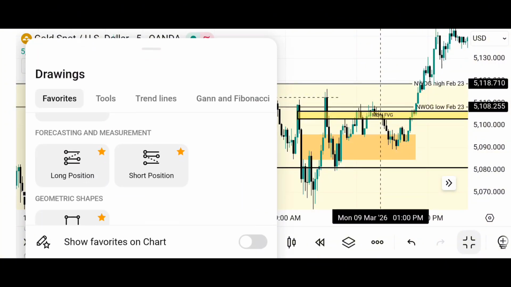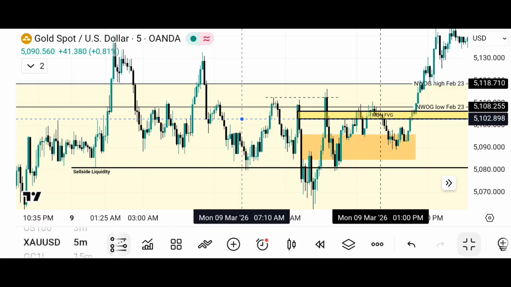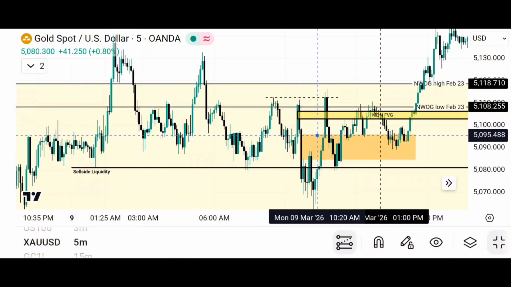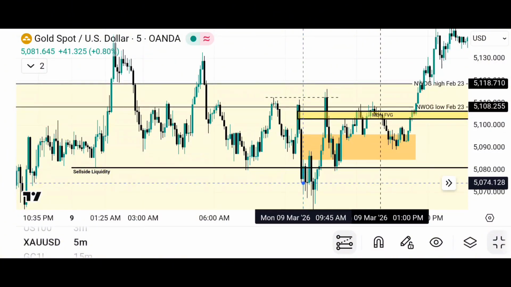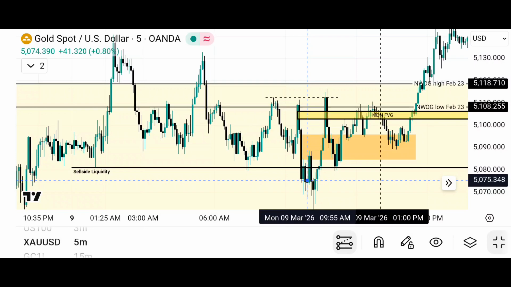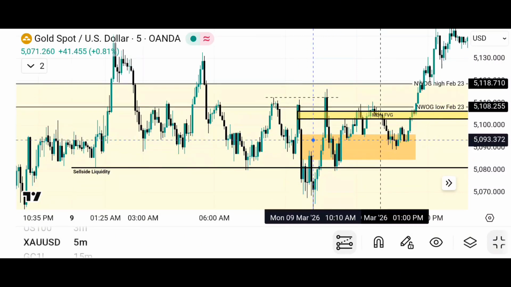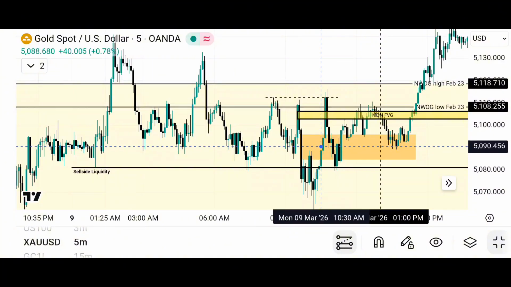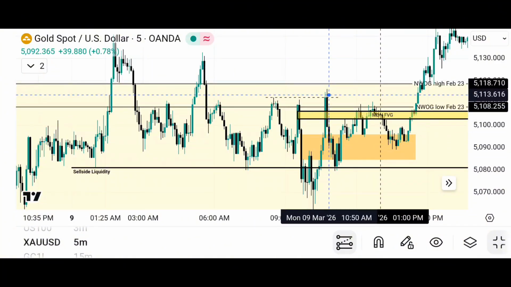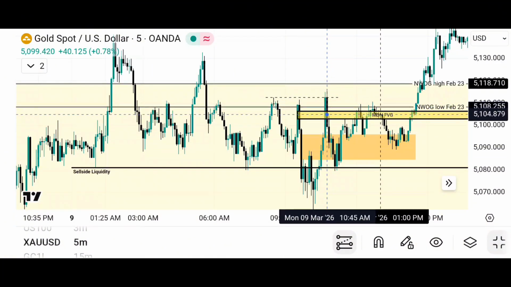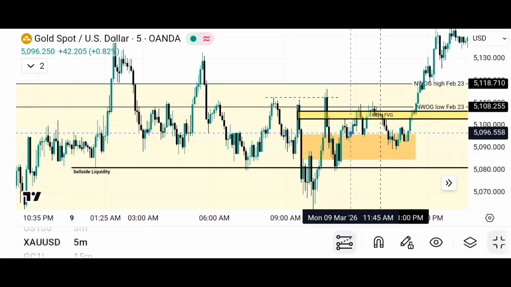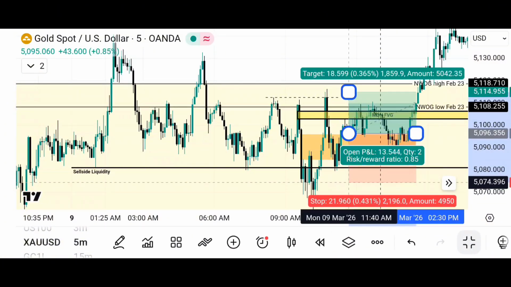This is how you go about it. If you're sure of the daily bias and sure of where price is likely to run up to, this is how you go trading the inversion fair value gap. After price trades into the sell side to take out sell side liquidity, and price is running up, and you took note of the inversion fair value gap, after price trades above the inversion fair value gap, not just trading above it, but trading above it with good displacement and closing above it, you can set your buy limits at the top of the inversion fair value gap,